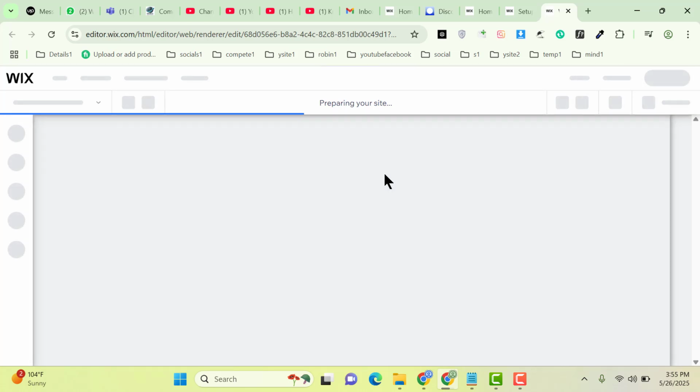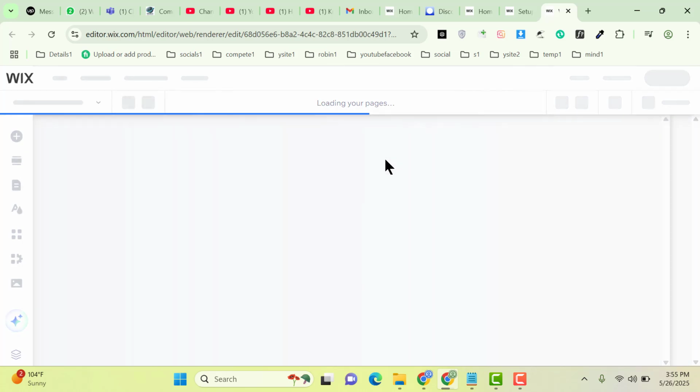As we see, there are different types of page builders that we use in content management system websites. And now you can simply use drag and drop functionality to add and remove anything in your Wix website. So it will take a few seconds to load this page builder, and after that